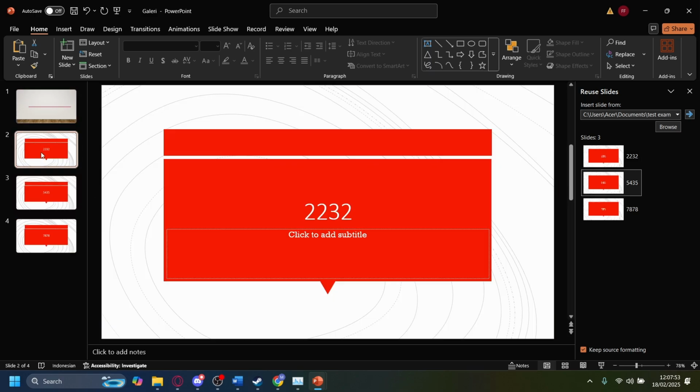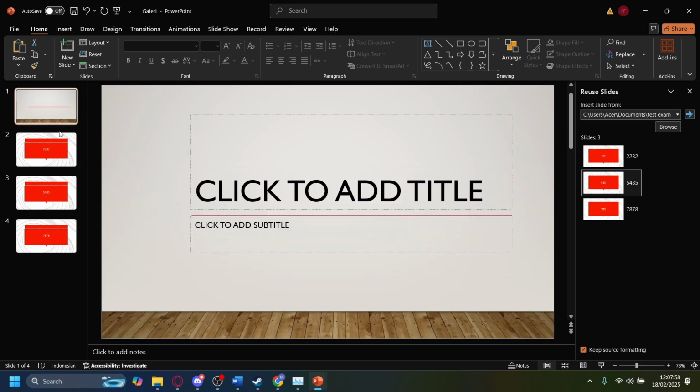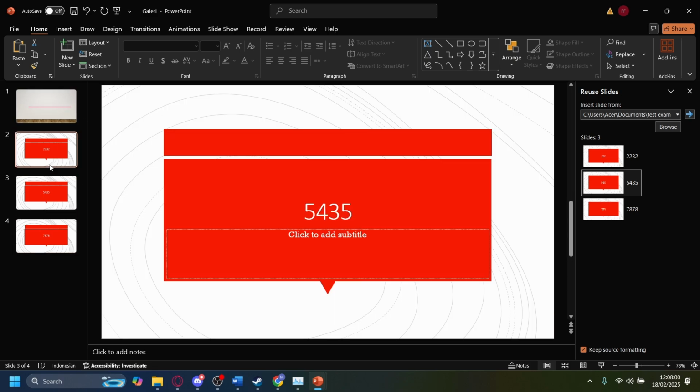Now you can see, there you go. We have imported and we have merged our PowerPoint per se into one big PowerPoint just like this. So we have this theme and we have the previous theme and the previous slides from our previous